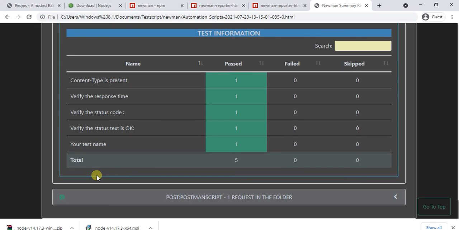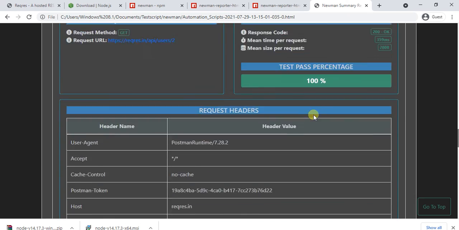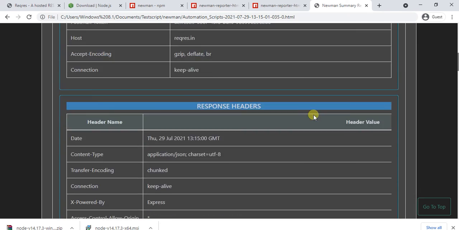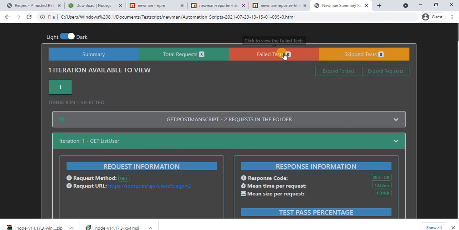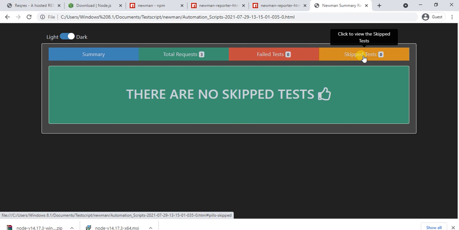Whatever I added in the automation test script will also show over here, and the status is passed, and there are no failed and no skipped tests.